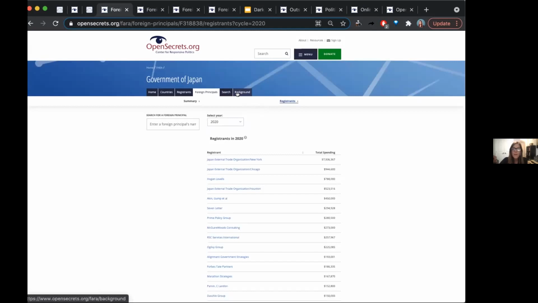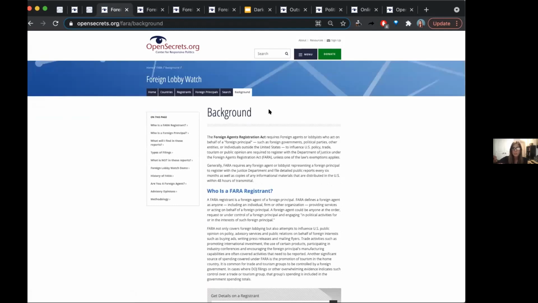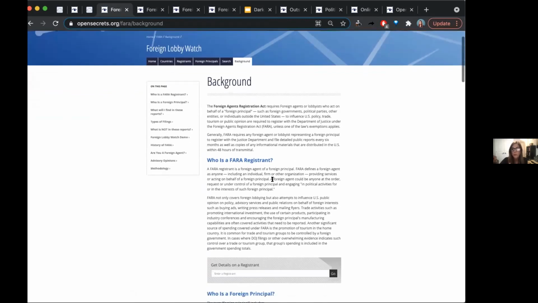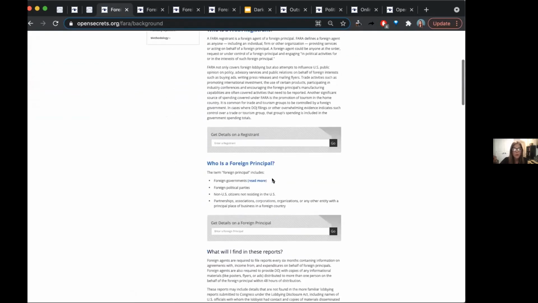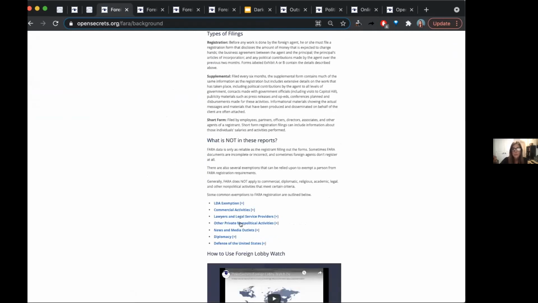We also have, as you're going through, if it gets confusing or if you just want to learn more, a really great background page that we worked to put together. This explains all the basics to some extent, what I'm explaining now, but in a bit more depth, such as who FARA registrants are, who foreign principals are, and what is and is not in these reports. So for example, the LDA exemption that I mentioned earlier,